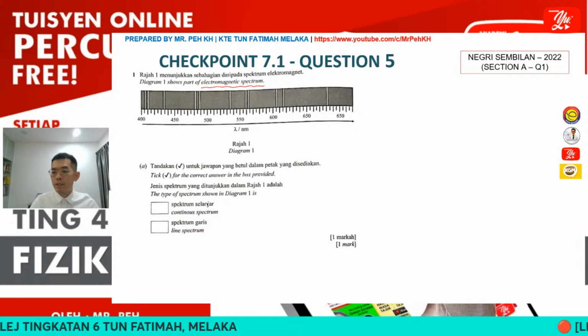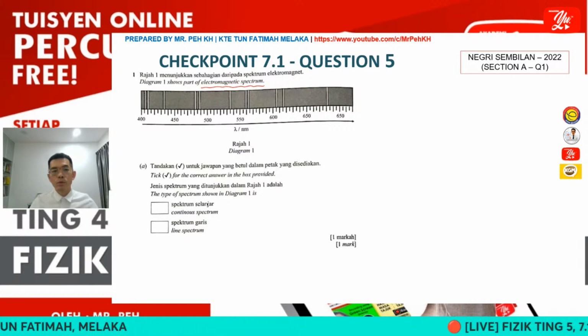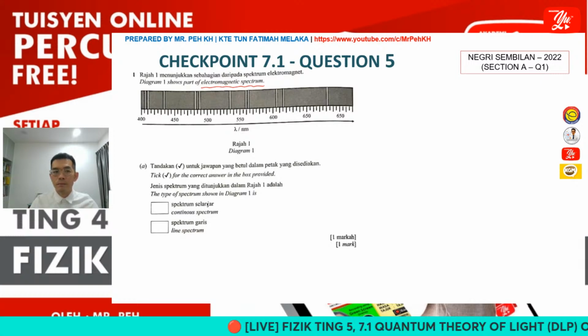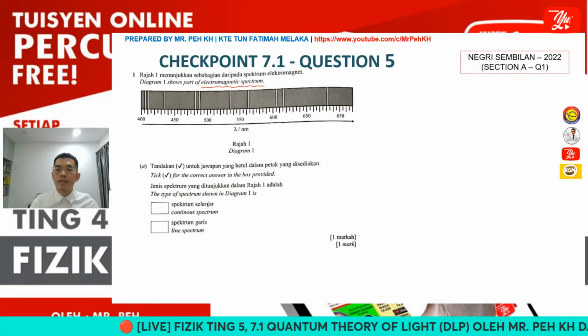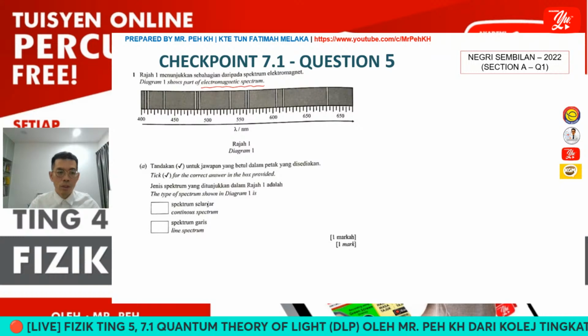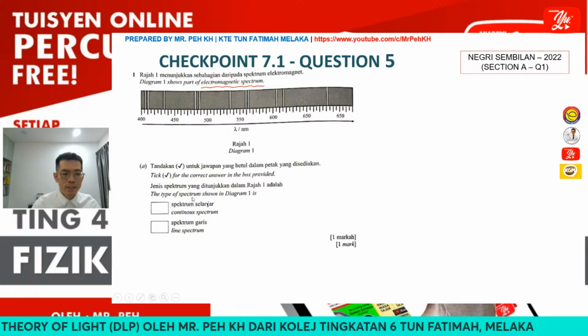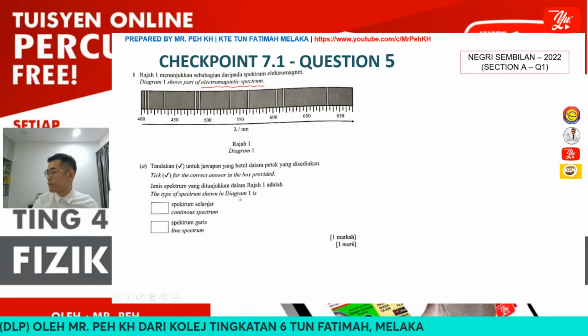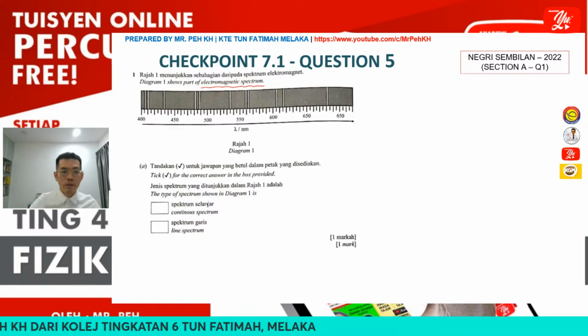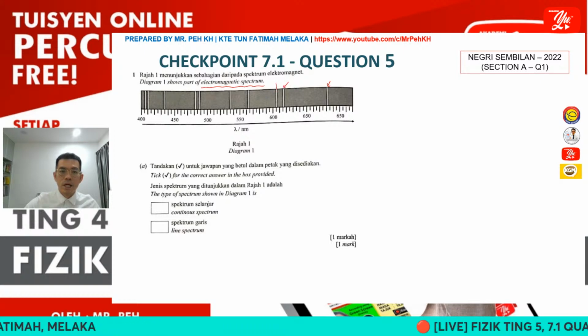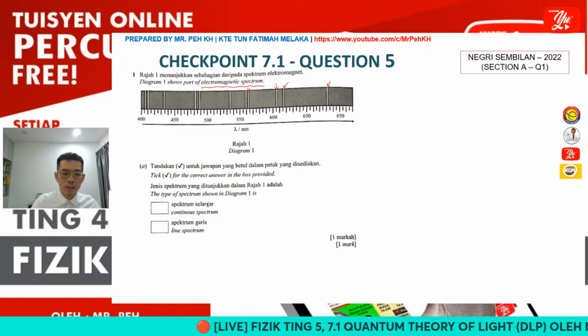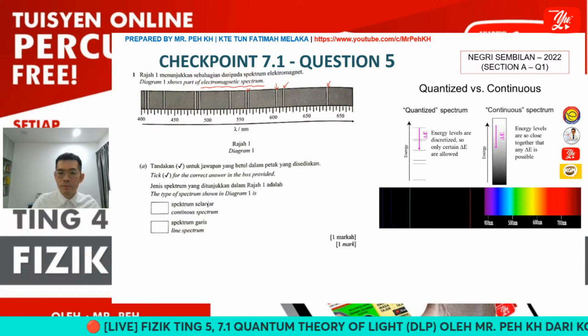Okay, so just now we learned already at learning standard 2, there are two types of spectrum. The first one will be the continuous spectrum, another one will be the line spectrum. So here, the question asks you to take the correct answer in the box provided. So what is the type of spectrum showing in diagram 1? So here is line, because you can see this is a line